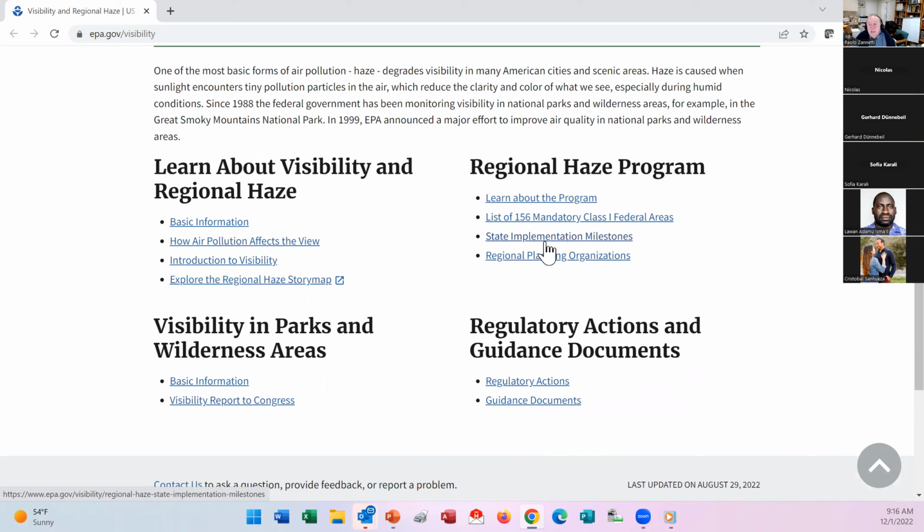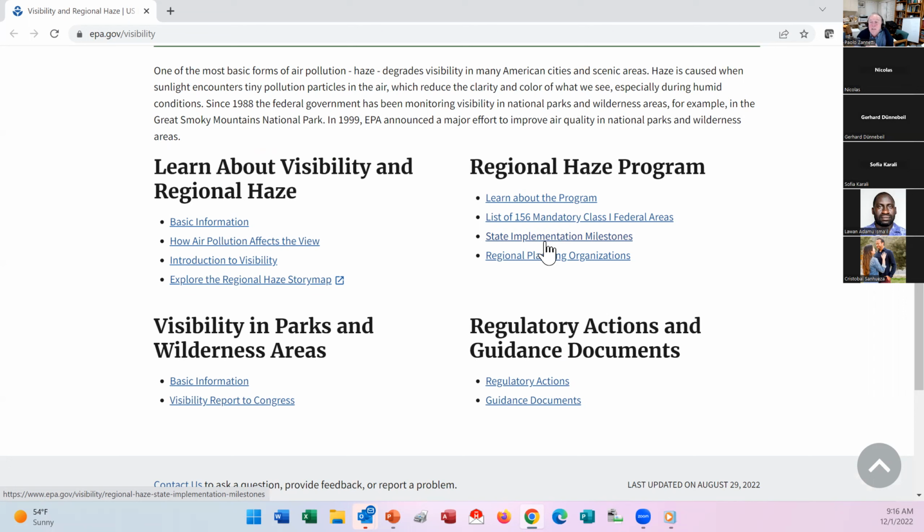State implementation plans are plans that every state in the United States must prepare, typically every 5 years, to tell the EPA what their problems in air pollution are and how they plan to improve them. And the EPA will review these plans and will accept them or not accept them. The EPA may say, no, that's not enough. In the next 5 years, you have to do more. Otherwise,